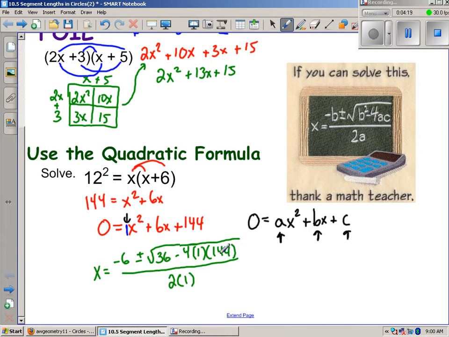The only thing I kind of left out of this was that this was 6 squared, which is b squared, which is what went in there. So now if I just simplify underneath, simplify as much as I can, I will get my answer. So I'm going to end up with x equals negative 6 plus or minus the square root, and so I'm going to have 36 minus, in this case,